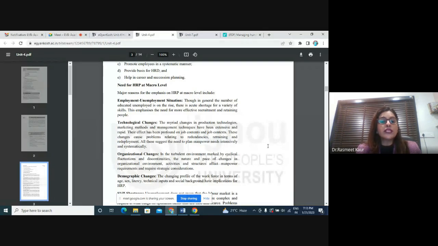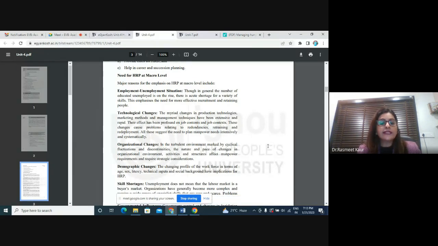So if you do HR planning, you come to know that in that industry, what skill sets people are possessing in your surrounding, in your external environment. So that will help you to draw an effective recruitment program. It will help you to come up with a good program to retain the people, because you know what is the actual supply of HR in that particular industry. So that is one example.